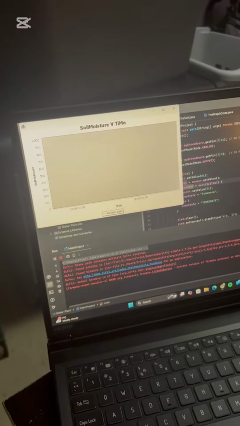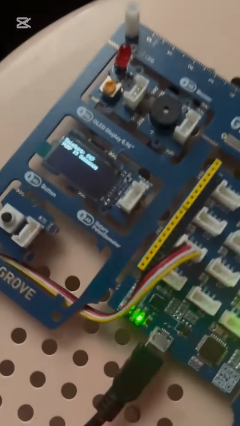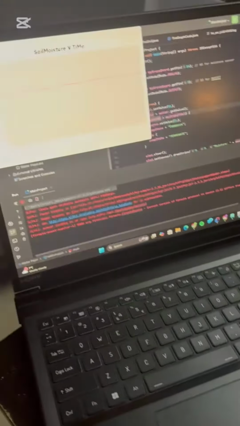For the 5th learning outcome, I used object-oriented programming by creating separate classes for the graph and my main and the soil. I started with basic outputs and improved the project to include real-time graphing on the OLED display and automated control logic. Once I start the actual demo, you can see that the sensor reads that